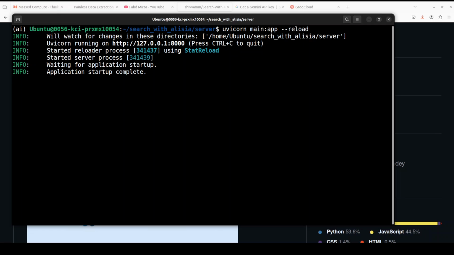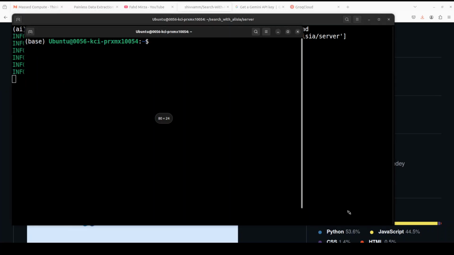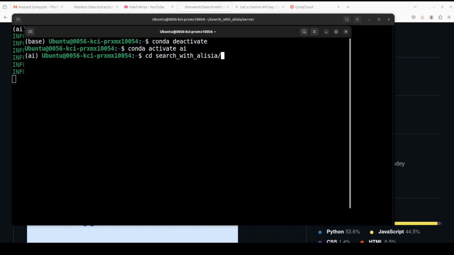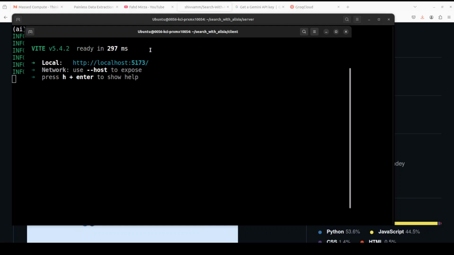Don't exit, don't press Ctrl C here, just simply open a new terminal window, and again let me deactivate this base environment of Conda, which always comes up, and activate the environment which I created earlier for the other terminal. And then we need to go to that Alisia directory, go to the client directory, because that is what we need to start up, and from there simply run npm run dev, and it has started our application at this port